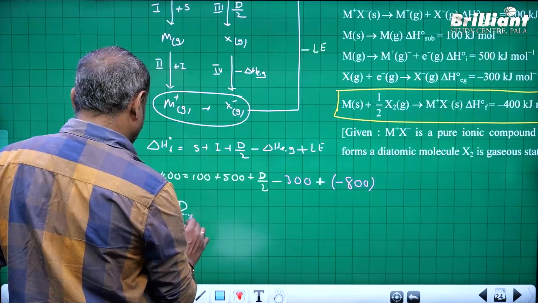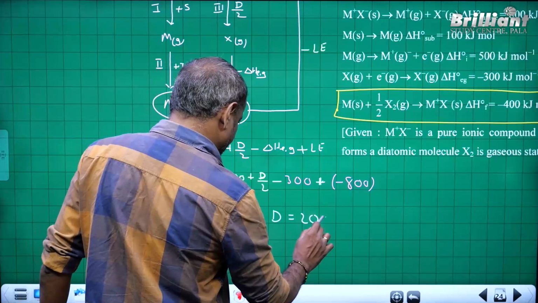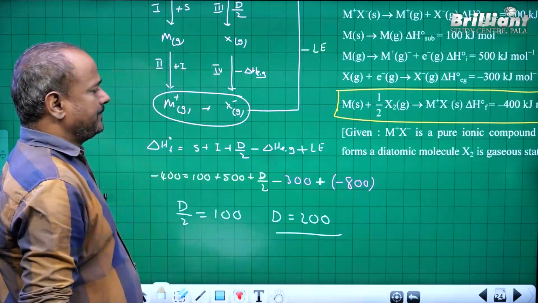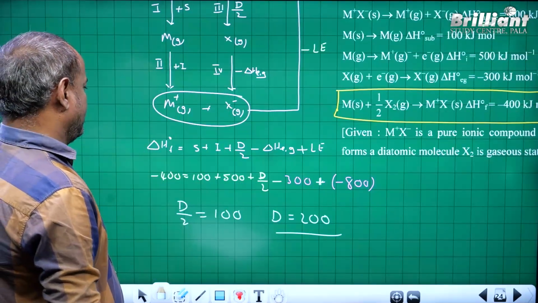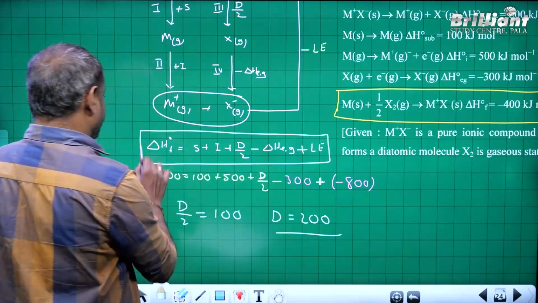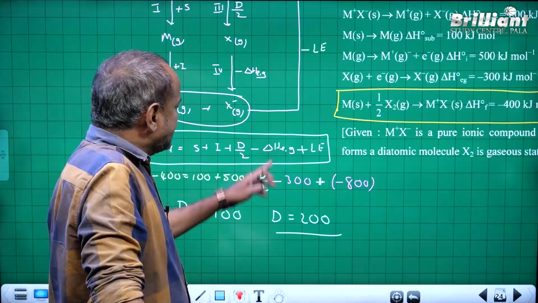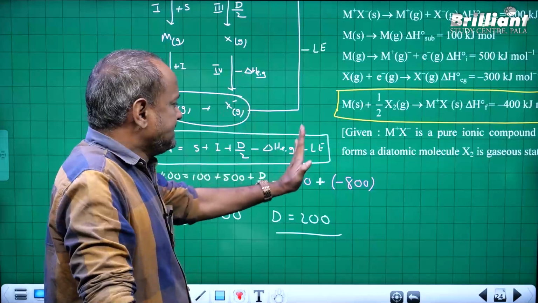So d by 2 is equal to 100, d is equal to 200, right. So delta H naught F is equal to S plus I plus d by 2 minus delta H easy, because this is always minus only, plus Le, formula